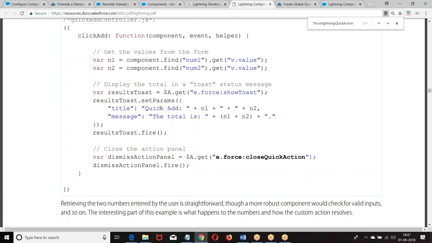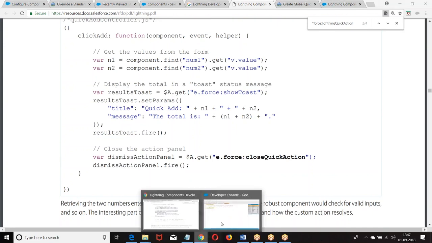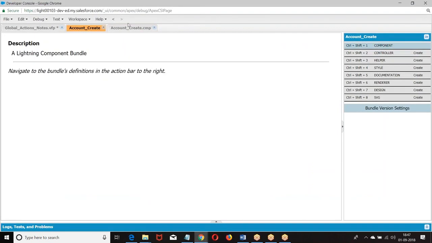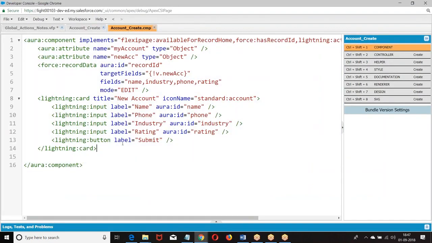I hope you got my points. Got it? Right, boss? So let me give you this example first. Let me go back. We have a button here, submit, and the controller.